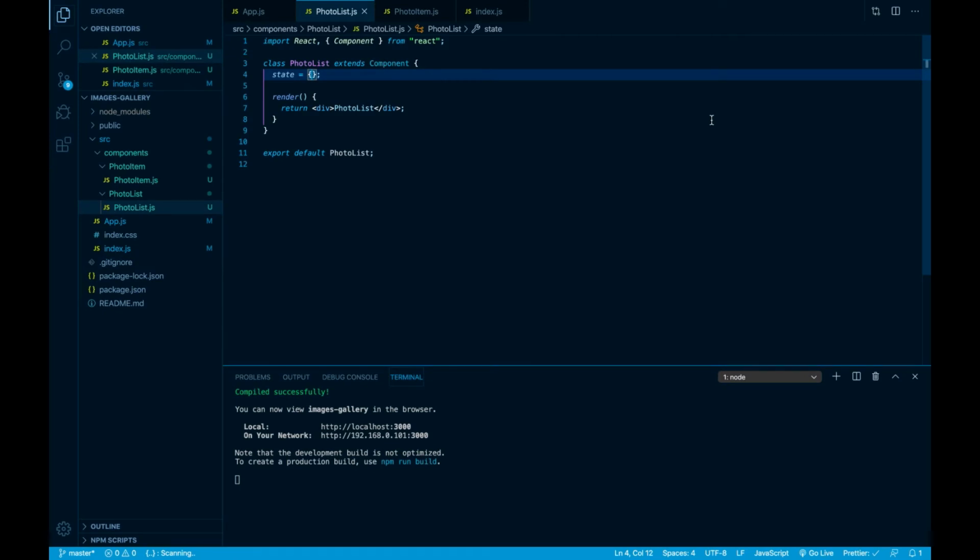Alright my friends, in the last video we created the two components that we need at least to start with. It is time for us to implement some logic in the first component. The photo list component is responsible for fetching the photos as well as storing them inside our state. So we want to prepare this photo list component to be ready to fetch the data as well as to store it somewhere so we can later pass it